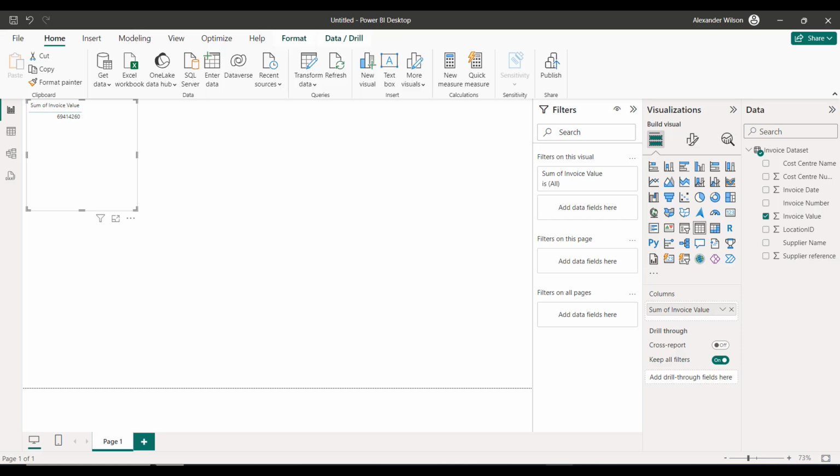Okay, we've now got a good base understanding of implicit measures. Let's quickly format this number, as it's a bit hard to read at the moment with it being so small. Do you remember from pre-course learning where we need to go to format our visualizations? We go to the Visualizations pane and click on the little paintbrush icon.